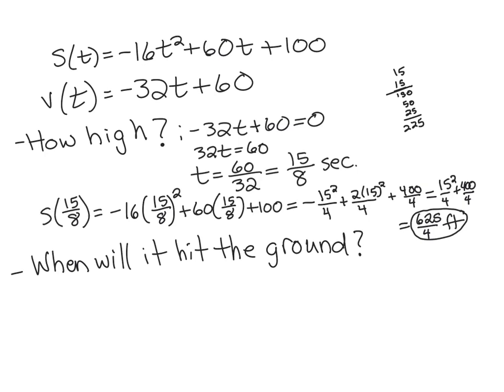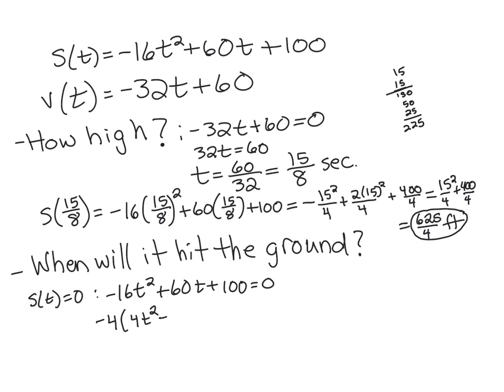All right, next question. We have the maximum height that the ball goes. The next question is when will it hit the ground? Well, we have the position, and we want that to equal 0. So minus 16t squared, yeah, you're going to have to use some stuff here, plus 60t plus 100. And I've noticed from tests, you guys need to work on your algebra, so we might as well. I'm going to factor out a -4, which doesn't do anything for an answer because 0 divided by -4 is still 0. So I got 4t squared